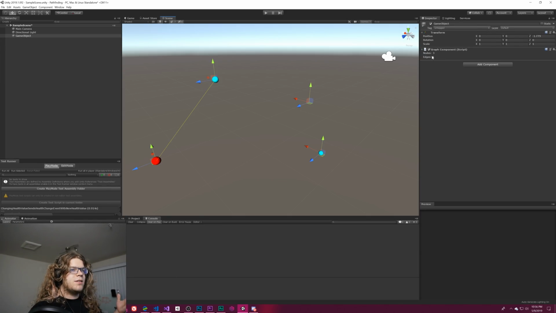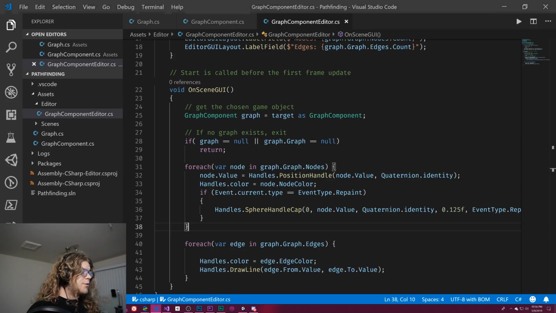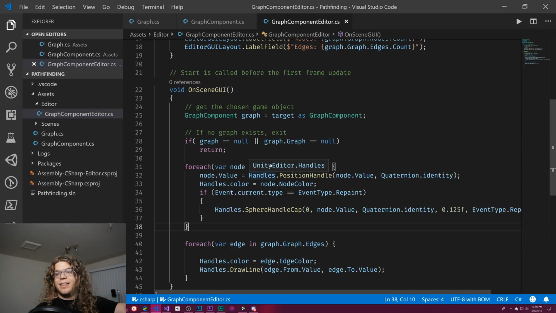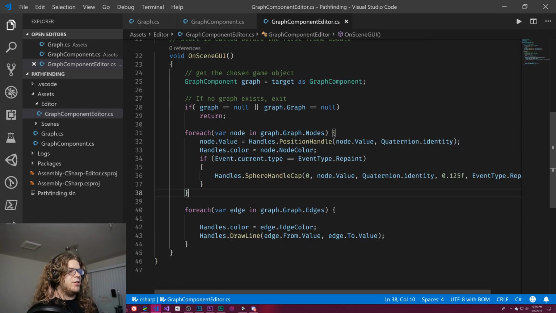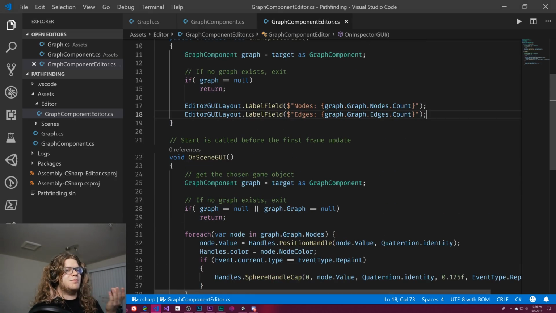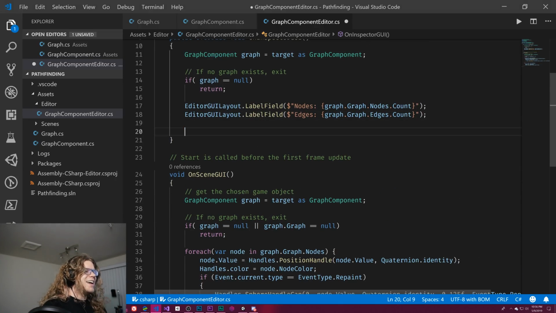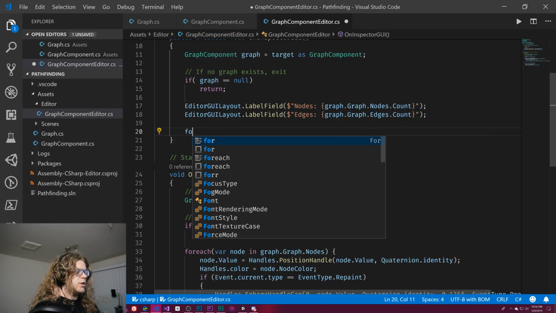So yeah, the next thing I want to do is make it so we can add this, and then I want to be able to add new nodes and add edges between nodes, which I should probably do in a separate video, but we're going to do it in this video. The idea is I'm going to list all the nodes, and that will be the first thing we do. And so for each node,